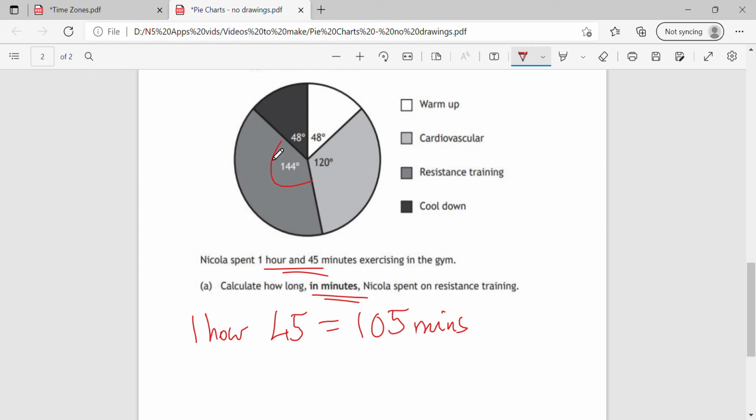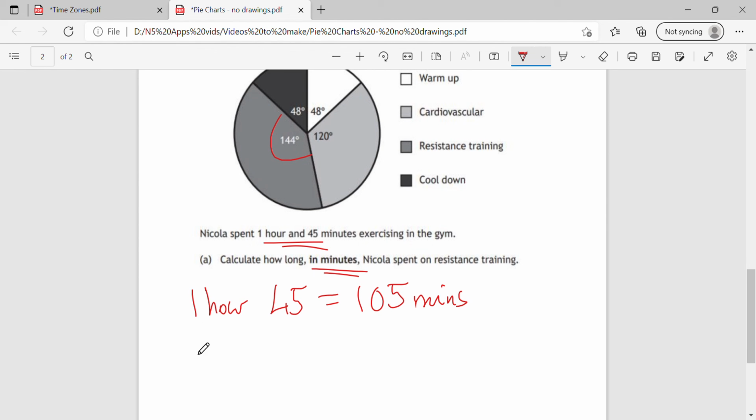If it's 144 degrees, it's 144 out of the total of 360 times that total of 105 minutes, and 144 divided by 360 times 105 is 42. So she spent 42 minutes